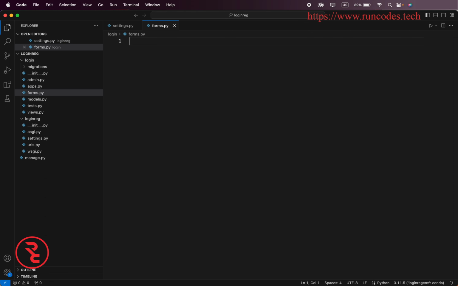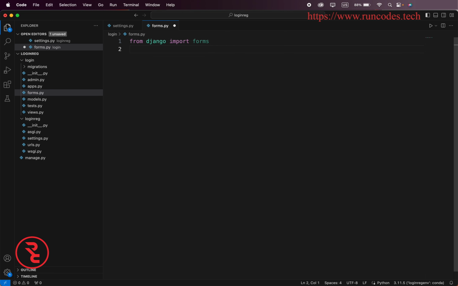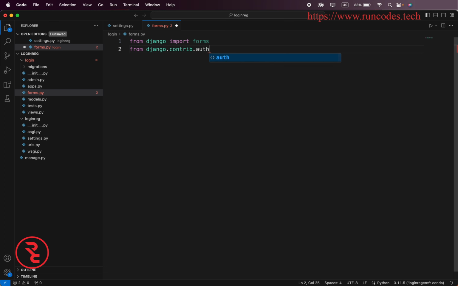We need a form in order to create a login and registration form. So here, from django import forms. We are going to use the Django built-in User module. That module provides us username, password, email, first name, last name. These are the things that we need to create a sign up form. So from django.contrib.auth.models import User. In Django, models means the database,